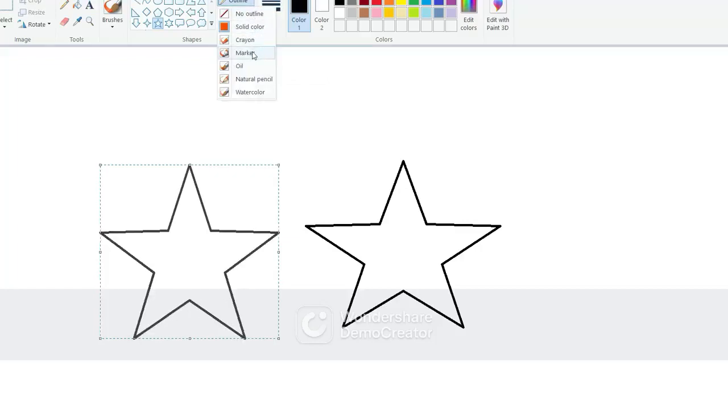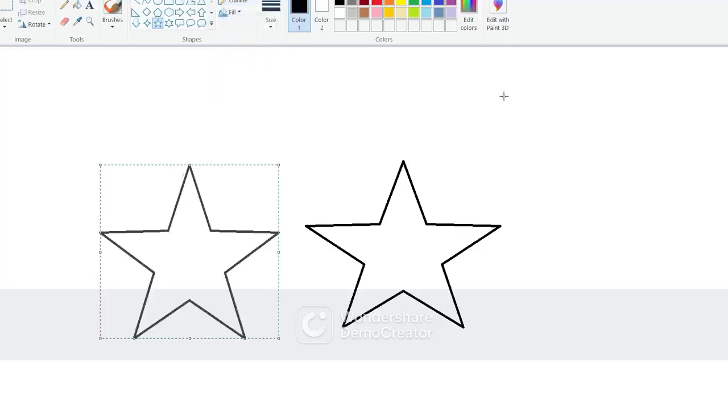See, you can see the effects are showing a little bit on my selected shape or my drawn shape. But you may ask me one question, why only the second star which I have drawn is showing the outline changes right now? Why not the previous first one? So beta, right now we have selected these dotted lines. Can you see? So these dotted lines mean our selection is at the second star. That is why it is showing the changes on the selected one. Now suppose I took this marker one,